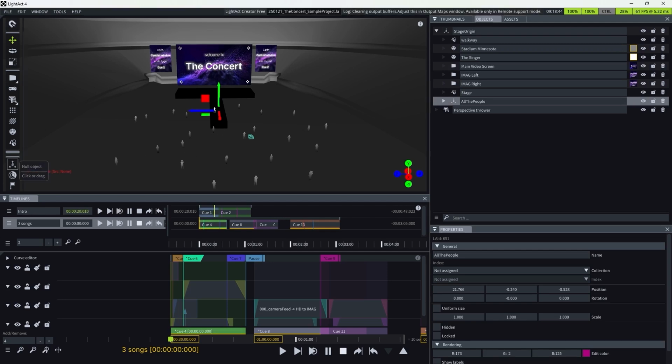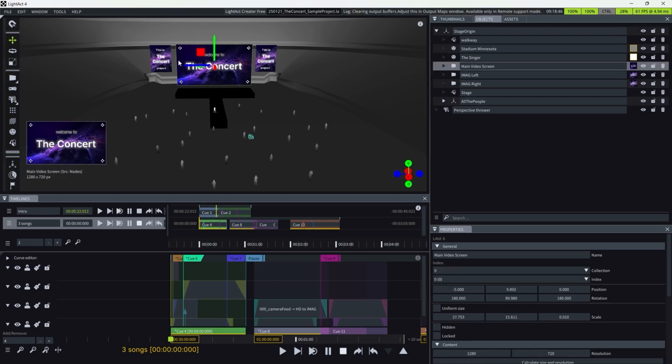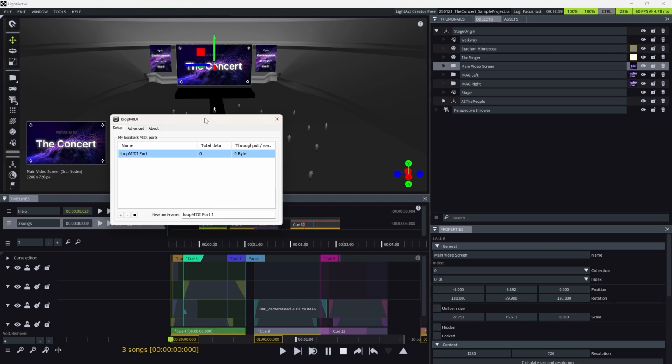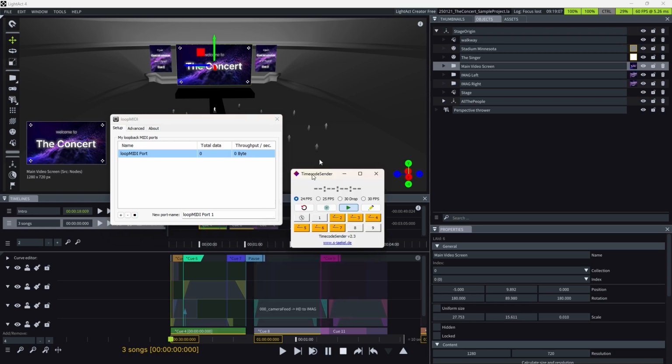Okay, so first things first, in order to experience this project in sort of full extent, you need LightAct 4.10 or later. You'll need something to receive MIDI signals, and you'll need something to send a timecode, MTC timecode, and that is